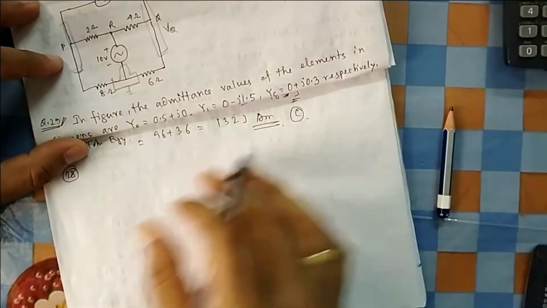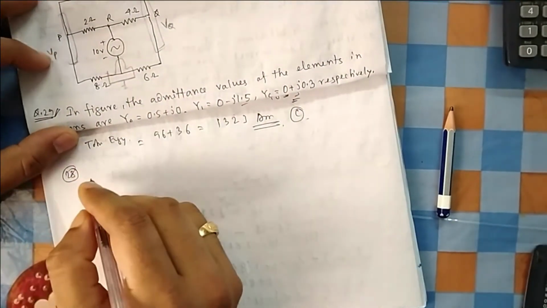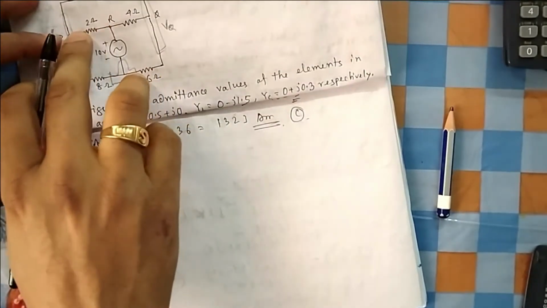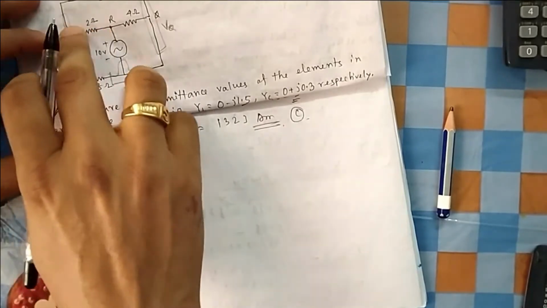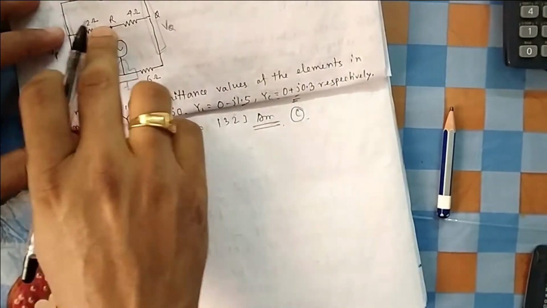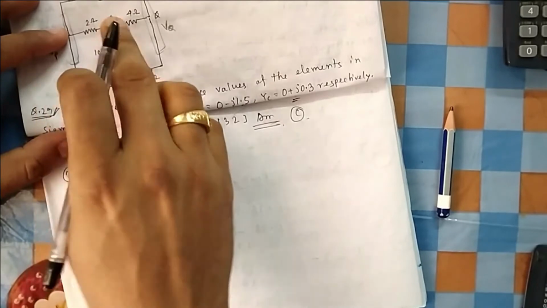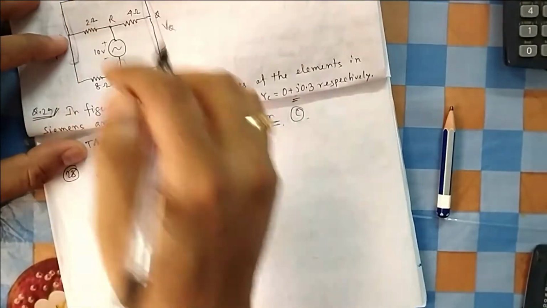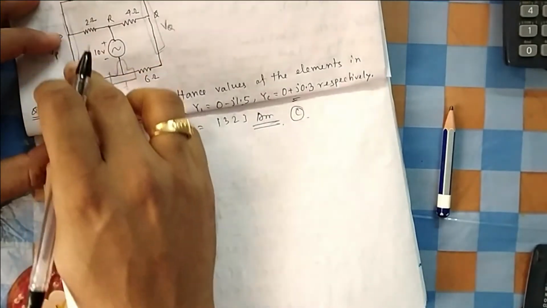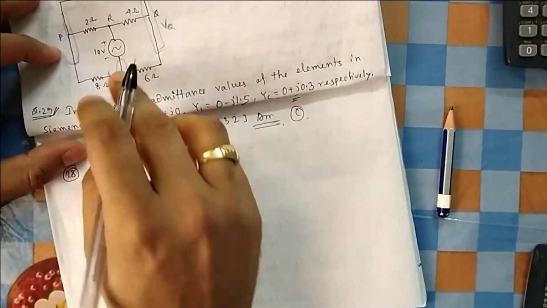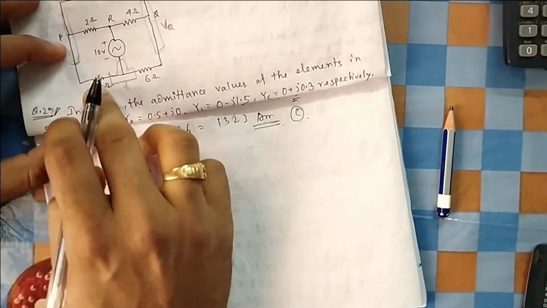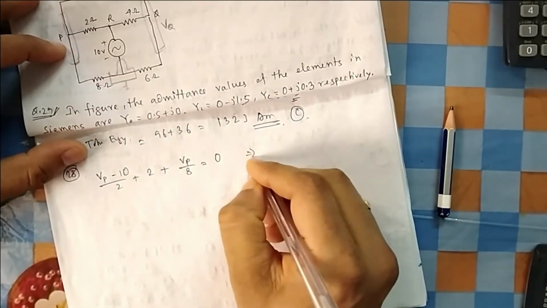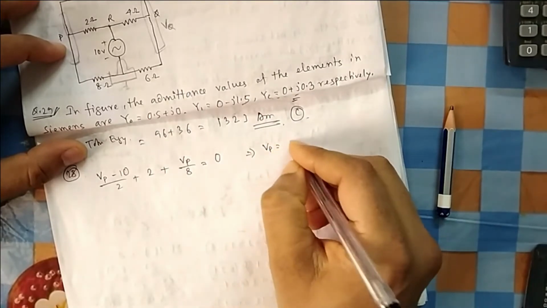It will easily come. If I write the nodal for P, it will be Vp. Then what is the current flowing through this branch? All this current plus this plus this will come. So it is Vp minus this voltage 10 volt, divided by 2, plus the current going through this branch, which is 2 ampere, plus the current going through this branch, that is Vp minus 0 divided by 8, since reference is always 0, equal to 0. If you solve it, you will find Vp equal to 24 by 5.